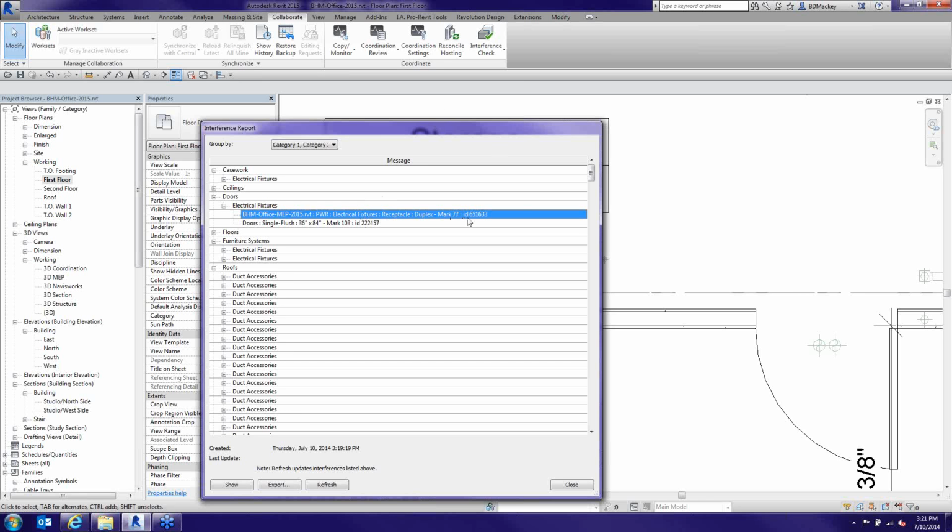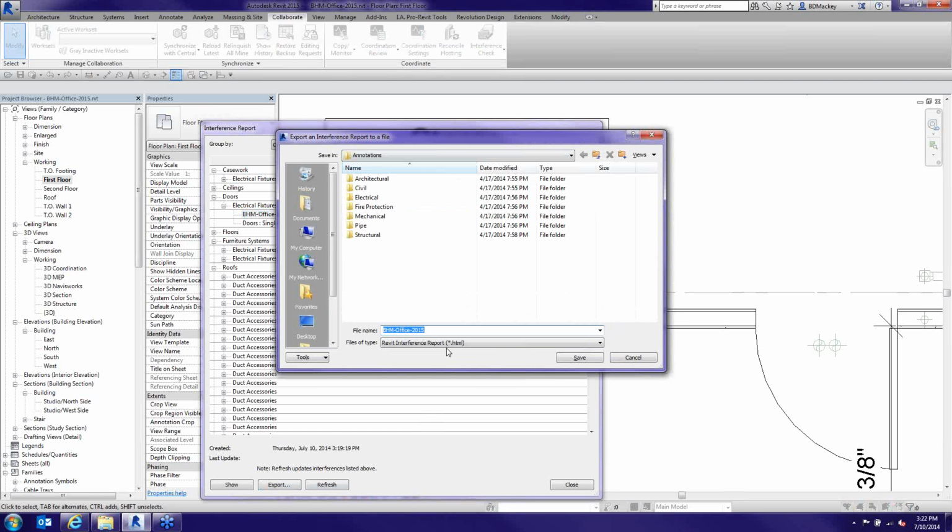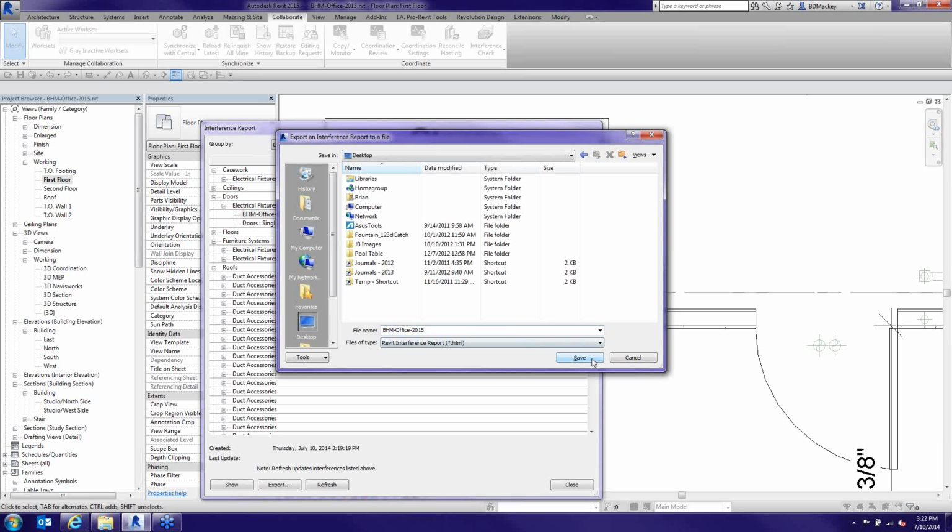So being able to come in and say, oh, okay, here we go, let me give you this element ID number. Or even better, let me go export this out. So just like everything else in Revit, we do have the export button. It does export it out as an HTML file. Sometimes I just like to export it because in my mind it's a little bit easier to read the HTML file than it is to